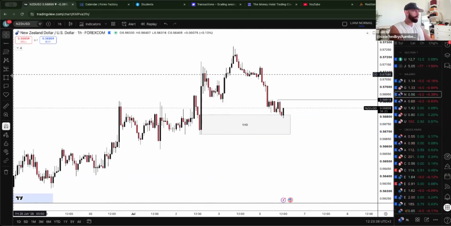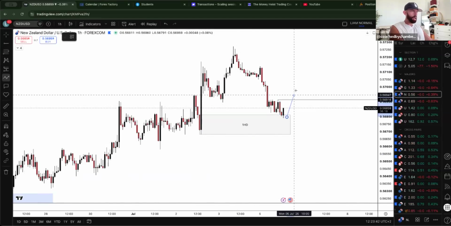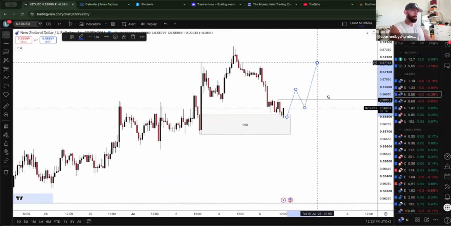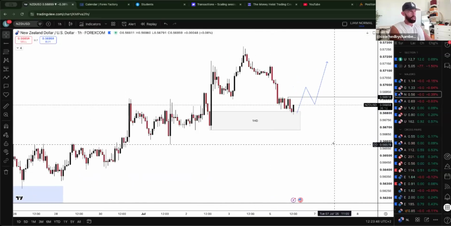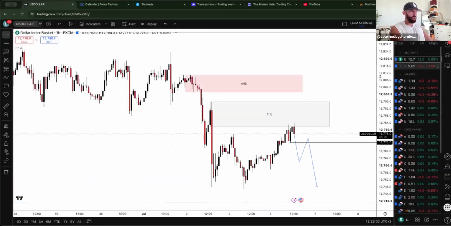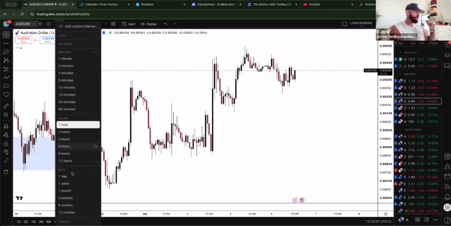So if that's a break above here, and then catching that market obviously going from short to long, that could be the confirmation you're looking for, but it would have to make sense, like I said. But yeah, definitely keep an eye out on these major pairs at this moment in time.